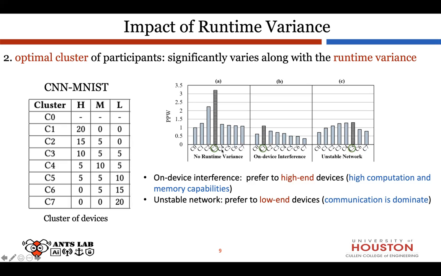But that's one thing. The other thing is, like I said, if you allow for DVFS, a high-end device can theoretically always be leveled down to the medium-end and low-end. I don't think there is a specific reason, even for the non-runtime variance case, even if the task is kind of mediocre and general to everybody. Still, the high-end device should perform as well as C2 and C3. You know what I mean?